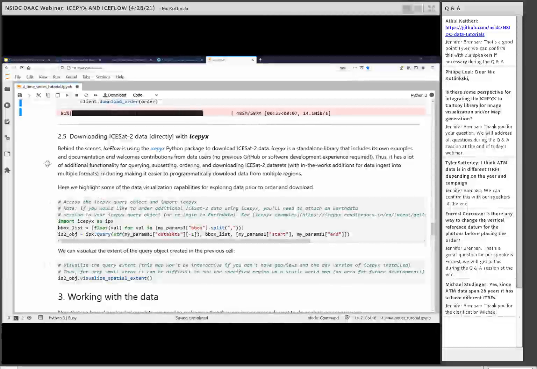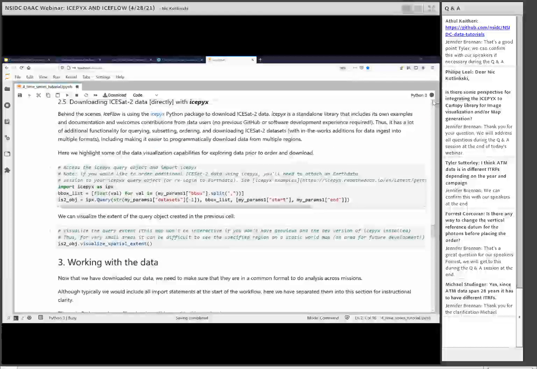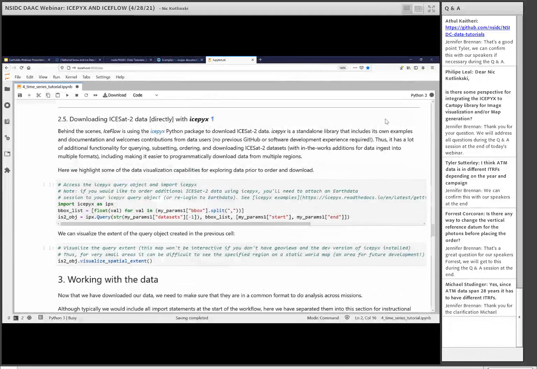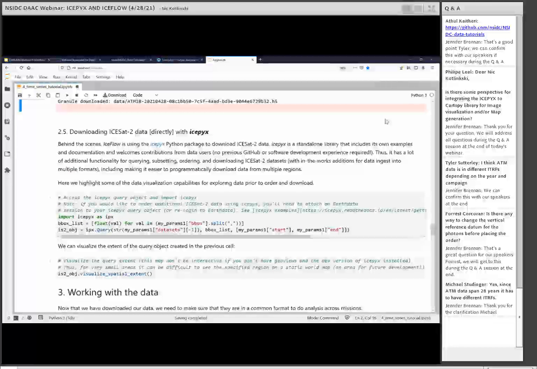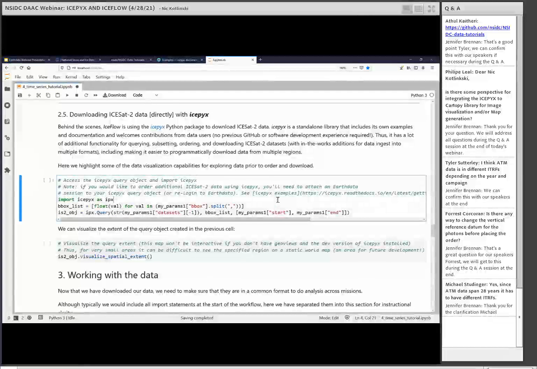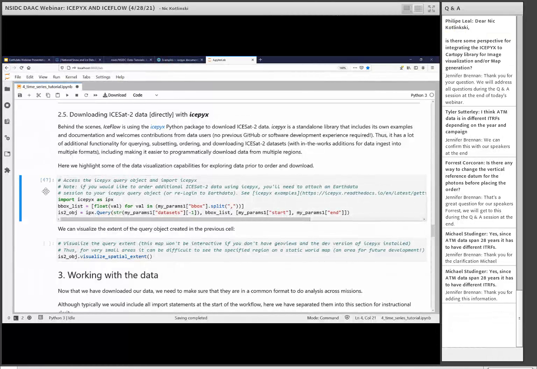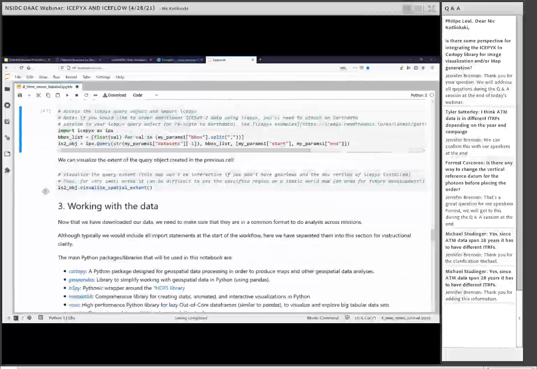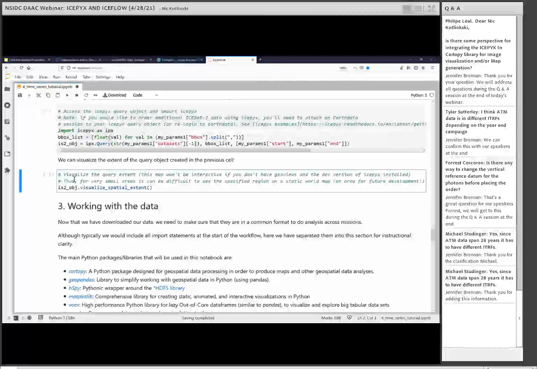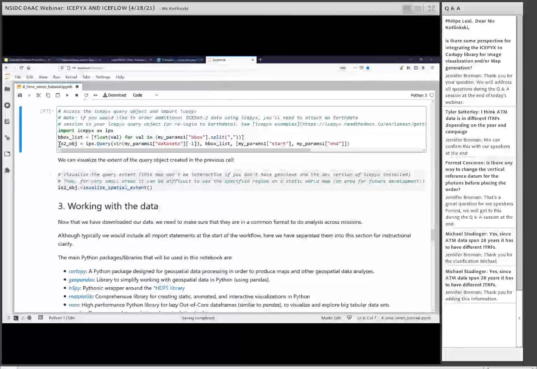So behind the scenes, IceFlow is using icepyx to get the ICESat data, and the primary way that it does this is through what's called a query object. And so what I want to showcase here is the visualization that you can get if you have a programmatic area of interest that you've entered, such as we did before, and how you can view that area using icepyx. So what I'm doing here is I just use the programmatic parameters that we sent to NSIDC and use them to create an icepyx query object, which is the primary object you would use to get icepyx data. And then one of the things on that object that you can do is visualize the